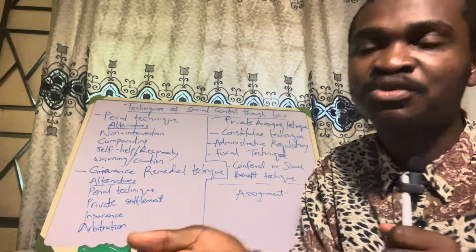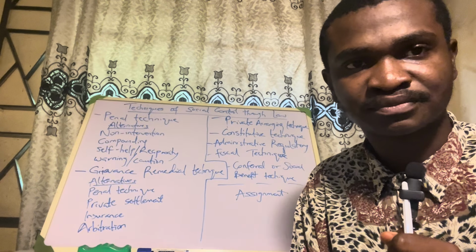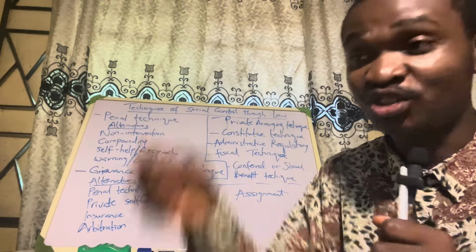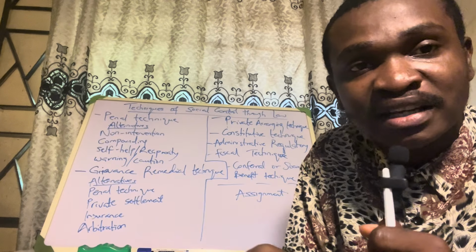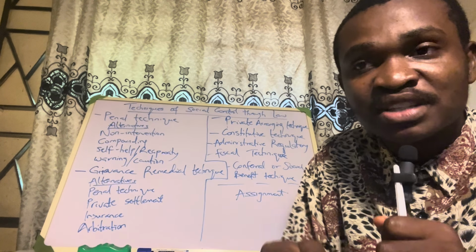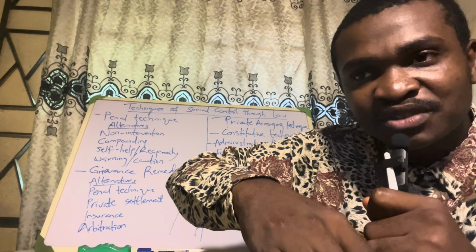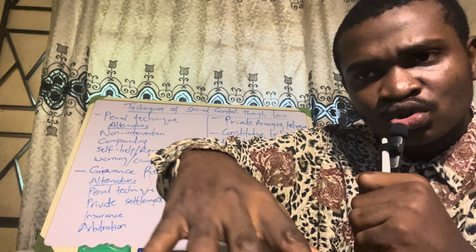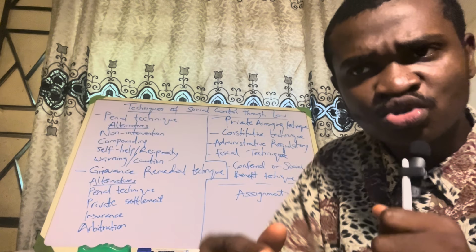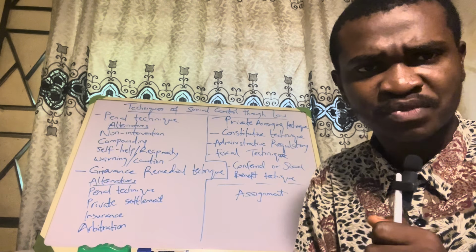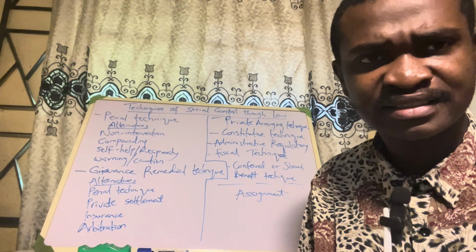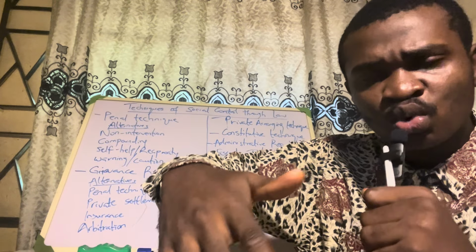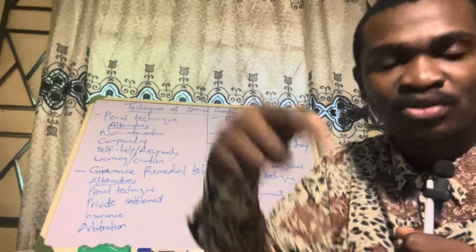So what do I mean? Let me use an example, like marriage. You are not expected to marry. It is not a must. They did not say you must marry. But once you want to go into marriage, private arranging technique means that you have the opportunity to choose how your marriage will go, to choose the kind of marriage you want to do. So you have the opportunity to do what you want to do, but within a particular legal framework.